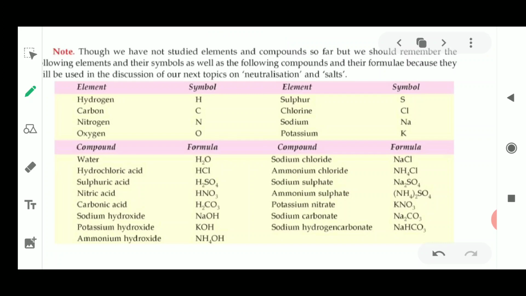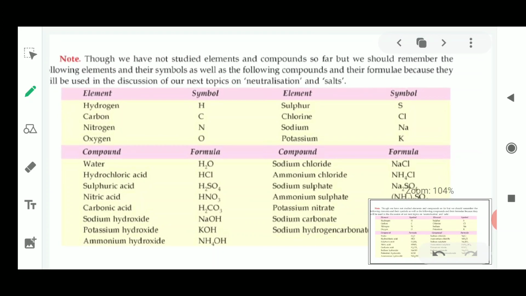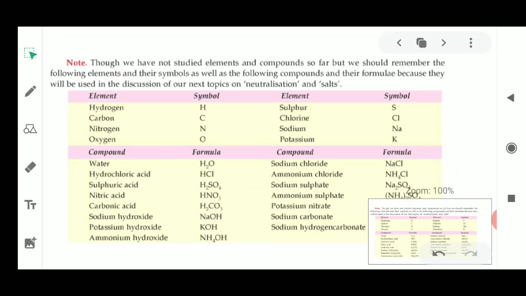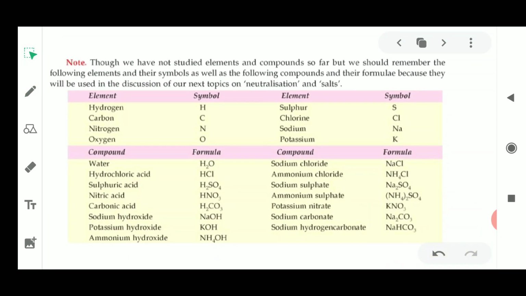We have studied about the bases. These bases are bitter in taste. They are soapy to touch. Okay, so they are also corrosive in nature. We can use these acids and bases in many various chemicals which are used in our homes. Okay, so this was all about acids and bases.